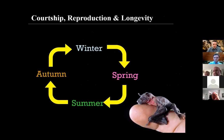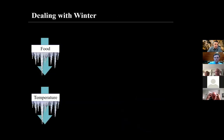So this is a good time to talk a little bit about the life cycle of bats. We're going to start off here in the fall, late fall. And basically this is when, for bats, courtship and mating occurs. This is occurring now because they have the highest level of physical fitness. They've come off of a long summer, hopefully, and have been eating well all summer. In fall the males and the females will go through their courtship. And that's leading into our next step, which is where we are now in the life cycle, and that is